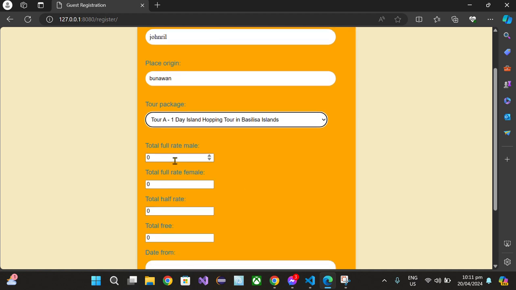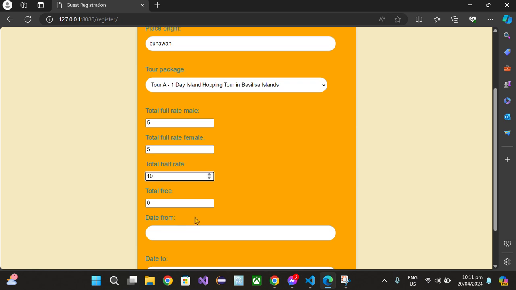And then full rate male, sample 5, and then female 5, and then half rate 10, and then total free is 5.